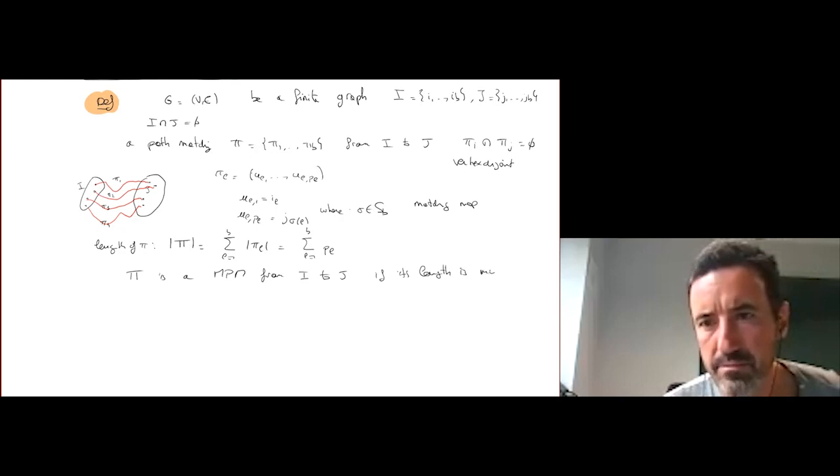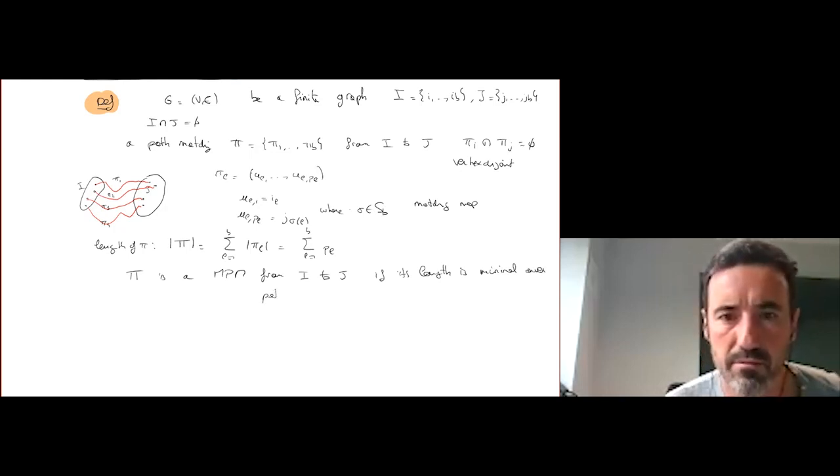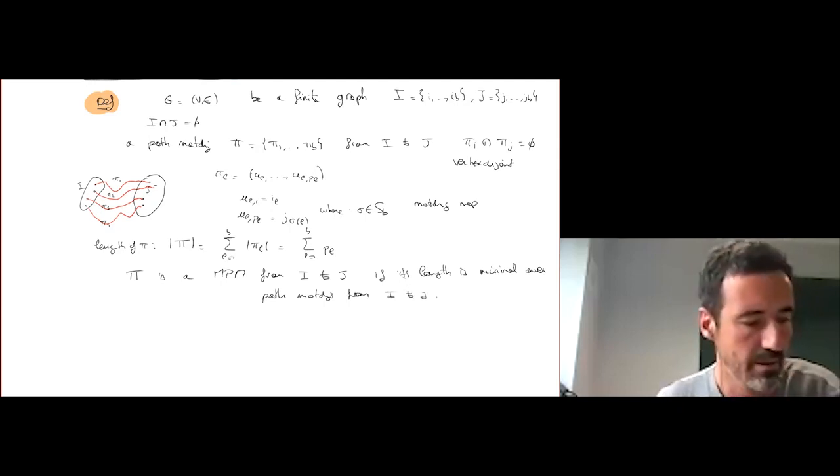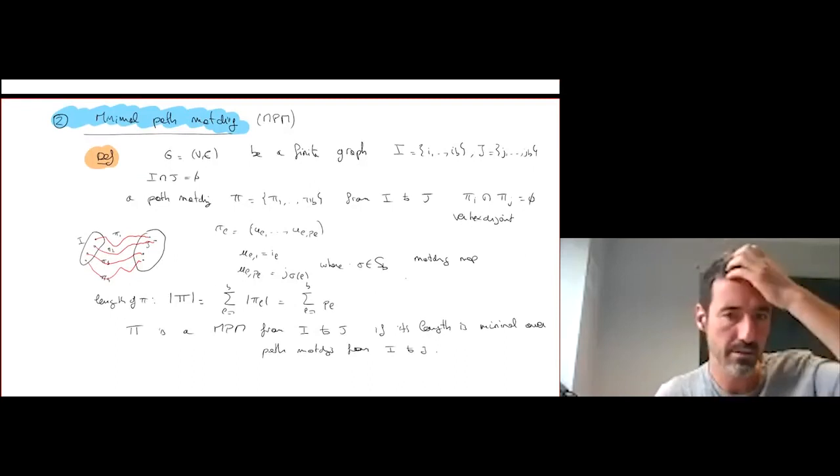Is minimal over all path matchings from I to J. Path matchings, yes, from I to J. Okay, so